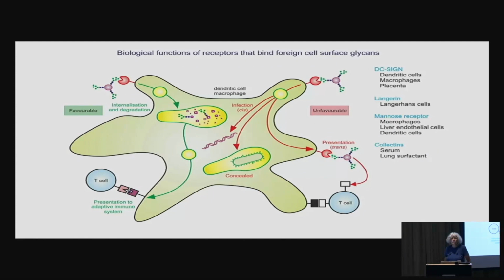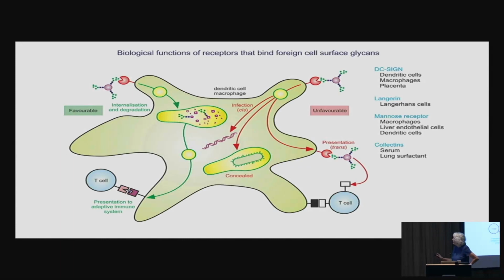But lectins can also recognize sugars on foreign cells, on pathogens, and this mediates part of the immune system. Many of these receptors are on macrophages, particularly DC-SIGN, langerin, and the mannose receptor. These are all cell surface receptors which can recognize sugars on pathogens and lead to them